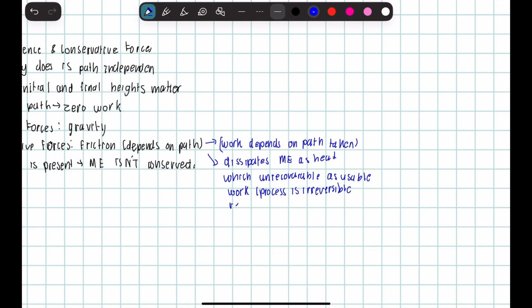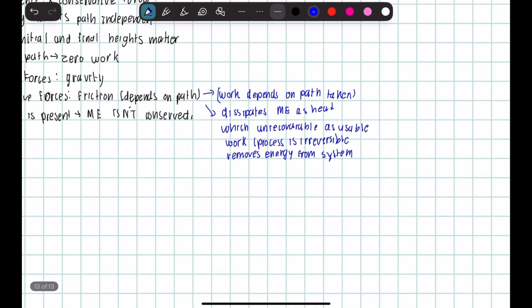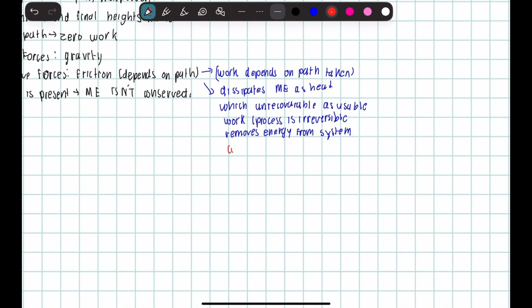So it's removing energy from the system. And you can't get that. For example, you cannot get that energy back by reversing the direction. So it's literally, you can't get it back after you exerted that friction. So let's move on to